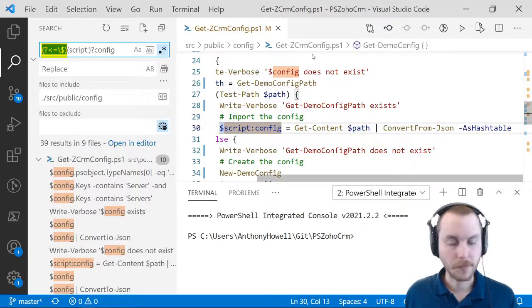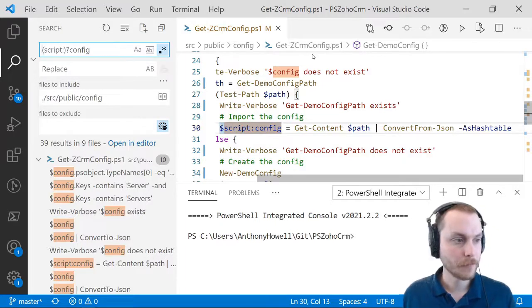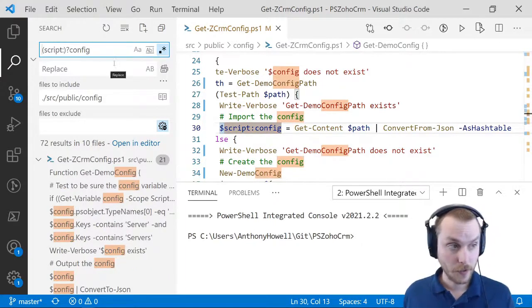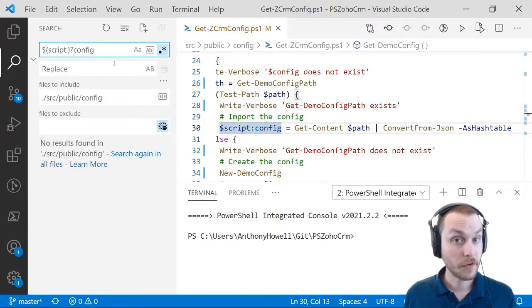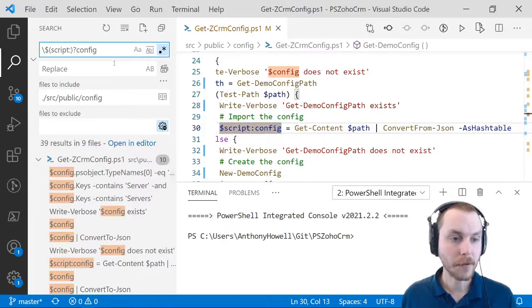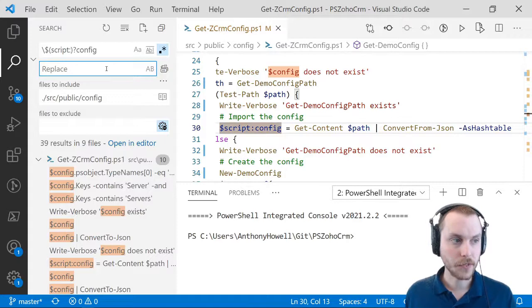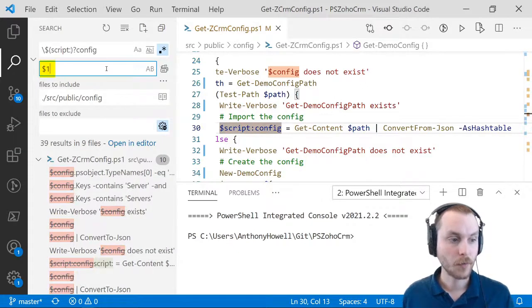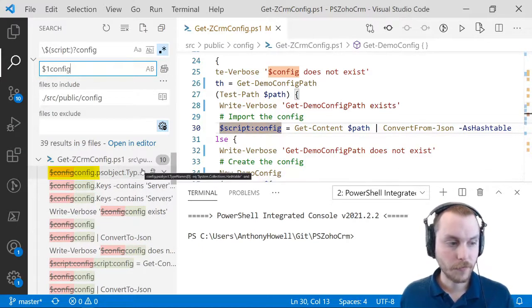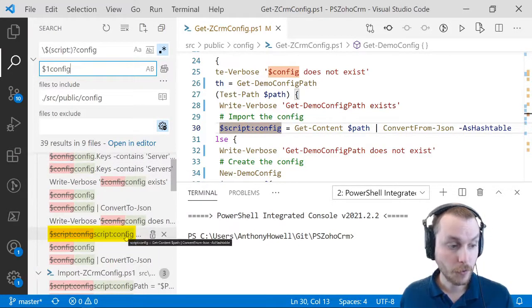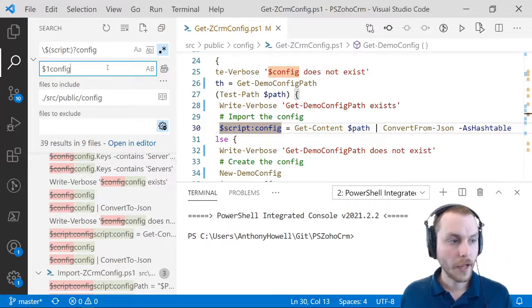I want to show you something with PowerShell, because PowerShell uses $ signs and regular expressions use $ signs as well. I mentioned it's really convenient, but it can also be a little difficult. If we want to say the string starts with a $ sign, in regular expressions the $ sign is an anchor, so we have to escape it. Now if we want to replace it with a $ sign, and since script is in a group, I can reference that group with $1, and then we can say config. If you look down below, you can see that it's replacing $config with config, and script config with script config. And if we want to put an additional $ sign,